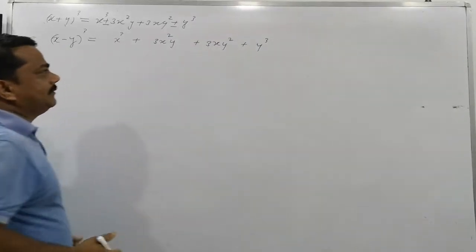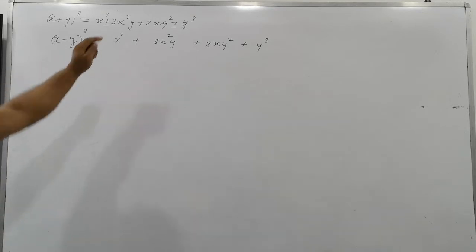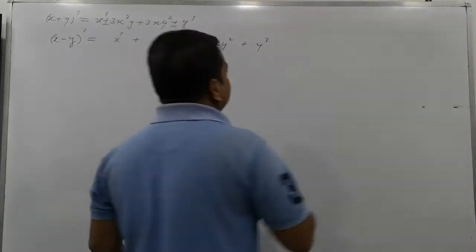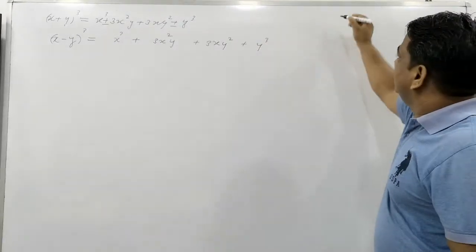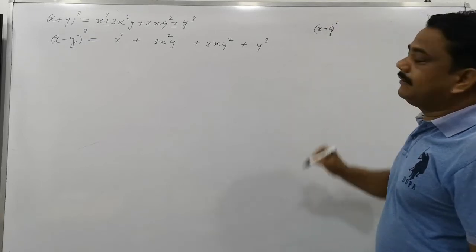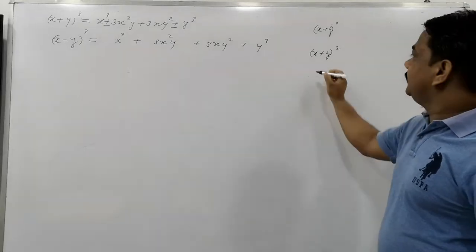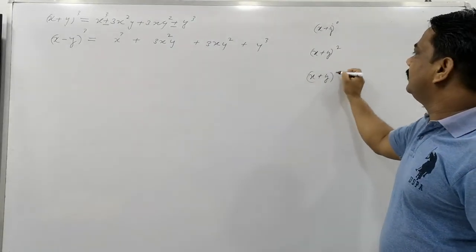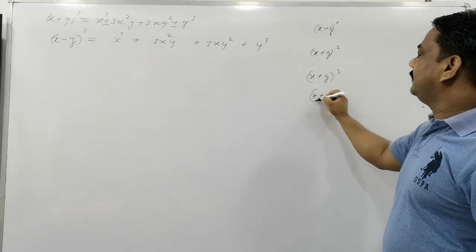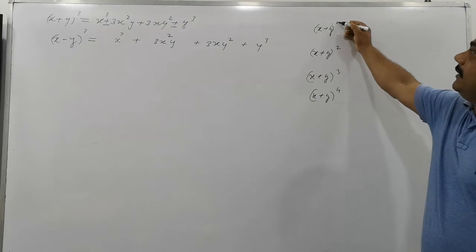And the coefficient will be 3. There is a very simple rule to get the coefficients also, but it's beyond your course study, otherwise I would tell you. If you want to know how the coefficient comes, then I can tell you. Look please, this is called a Pascal triangle. Suppose it's (x plus y) whole to the power 0, then (x plus y) to the power 2, then (x plus y) to the power 3, and (x plus y) to the power 4. I'm telling the trick of learning this, okay?